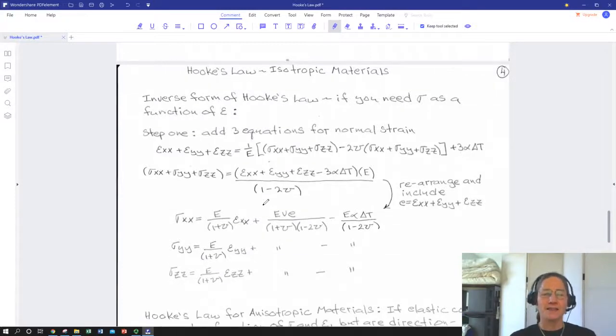Okay, the last thing we want to do is take a look at inverse Hooke's law, and this is just some mathematical wrangling. But what if you happen to have strain? Maybe you've measured strain. Strain tends to be much easier to measure than stress. In fact, it's used to measure stress. It's really not necessarily possible to measure stress directly. In practice, just about every kind of measurement having to do with mechanical properties is ultimately measured with strain and then related to stress. But we need to manipulate Hooke's law around a little bit to get expressions for stress